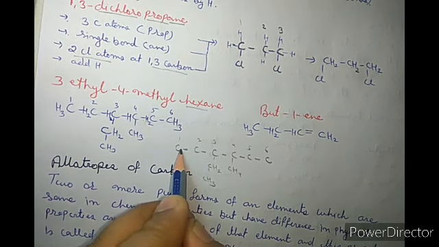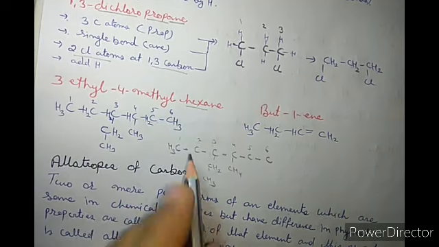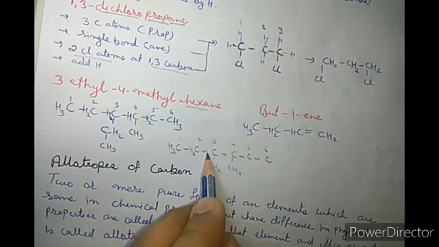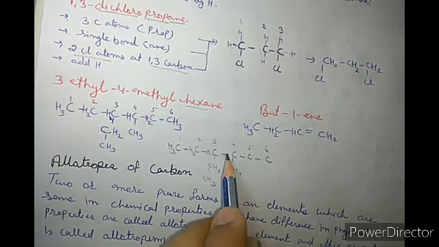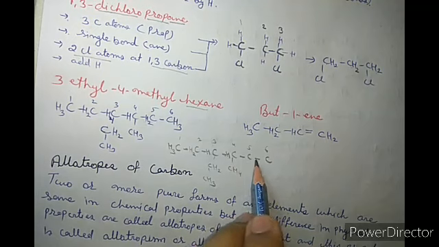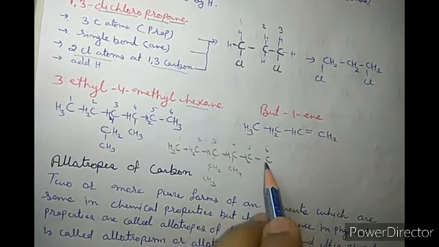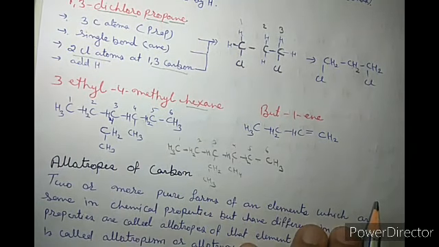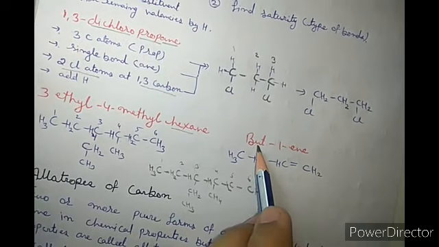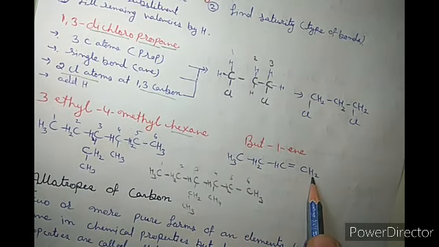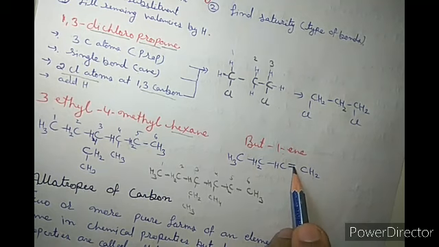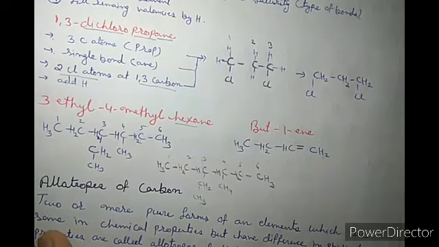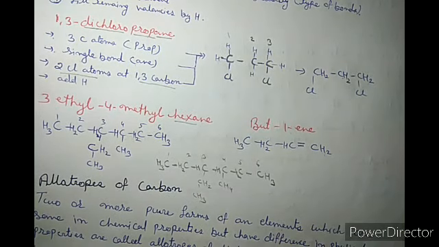Now the remaining valencies will be fulfilled by hydrogens. 1 valency satisfied, 3 remaining, so that is 3 hydrogen. 2 satisfied, so 2 hydrogens. 1, 2, 3 satisfied, so that is 1 hydrogen. 1, 2, 3 satisfied, so that is 1 hydrogen. 1, 2 satisfied, so that is 2 hydrogen. 1 satisfied, so that is 3 hydrogen. Got it? Clear? And similarly like that, but means 4 carbon, 1-ene means the first one is double bonded. Now the remaining valency is satisfied by hydrogens. Got it? Hope you liked it. Thank you.